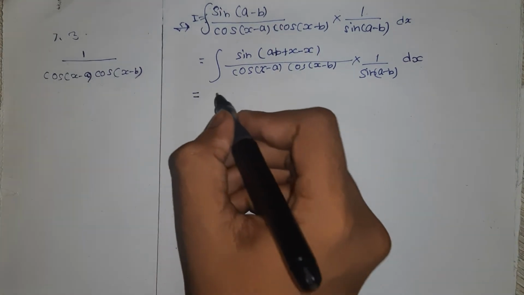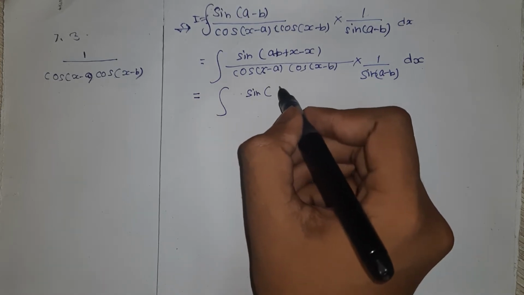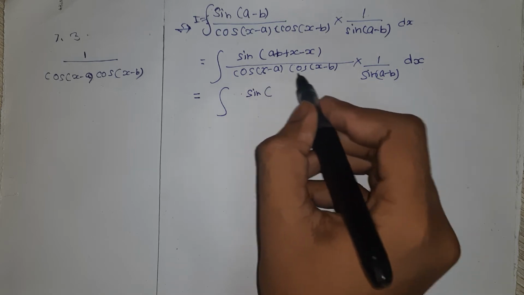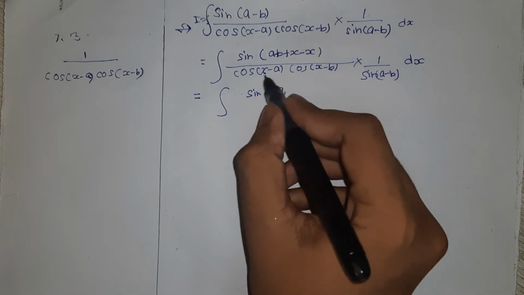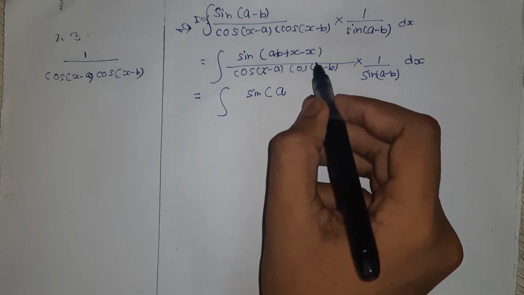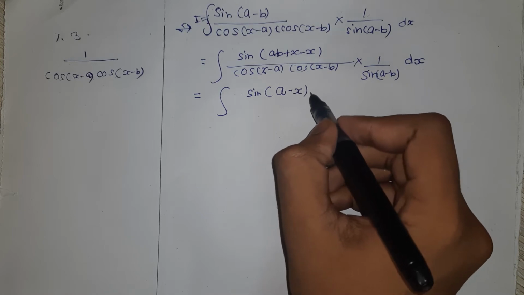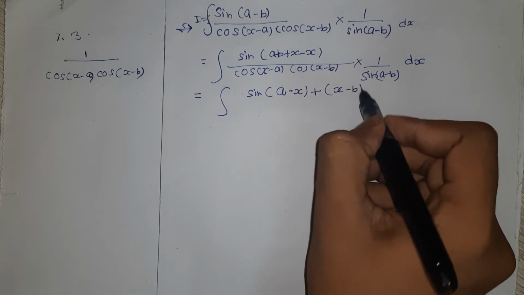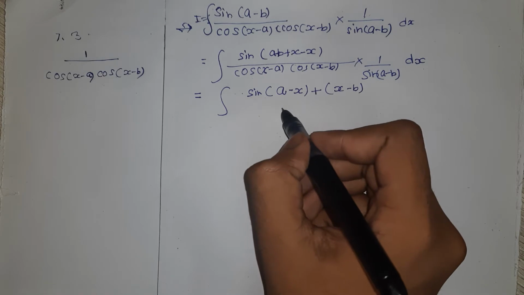Now in the very next step I'm going to isolate it. How I'm going to isolate it? In form of these cos x minus a and cos x minus b. We are supposed to isolate likewise. Now a minus x is there, right? So a minus x and plus in very next x minus b is there, right? Now